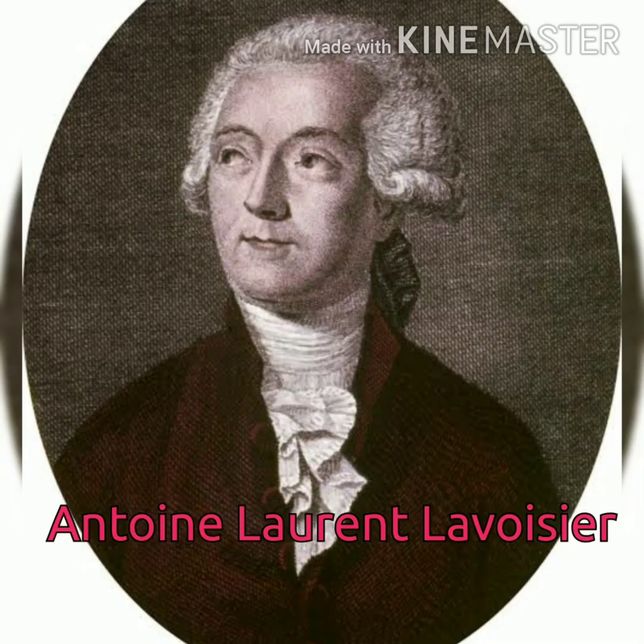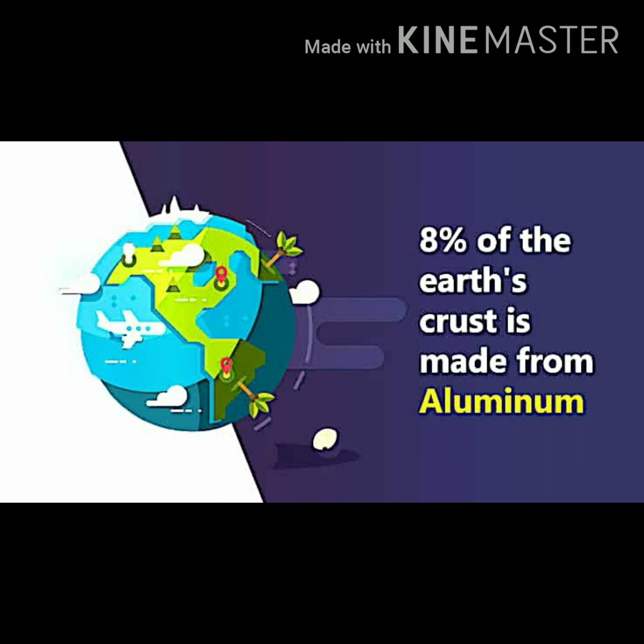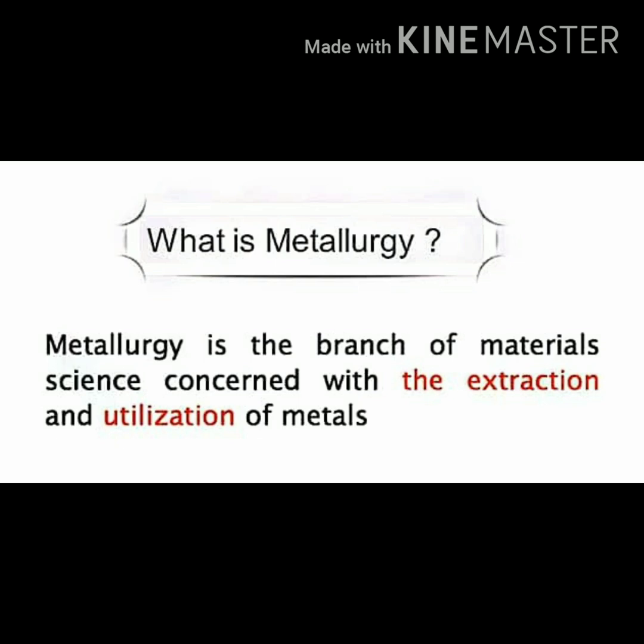Then we discussed the occurrence of metals, how metals are abundantly found in the Earth's crust. The most abundant metal found is aluminium, and the second most abundant metal is iron. Then we discussed their reactivities, how on the basis of reactivity metals are classified into highly reactive metals and lesser reactive metals. Then we discussed metallurgy, which is the process in which the purest form of metal can be